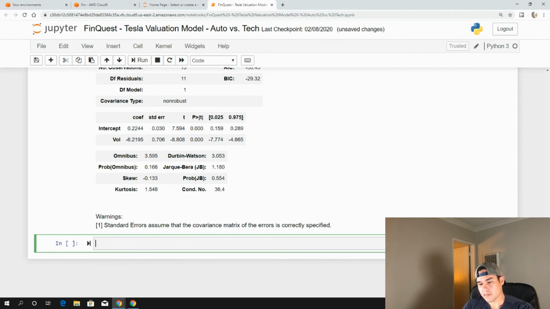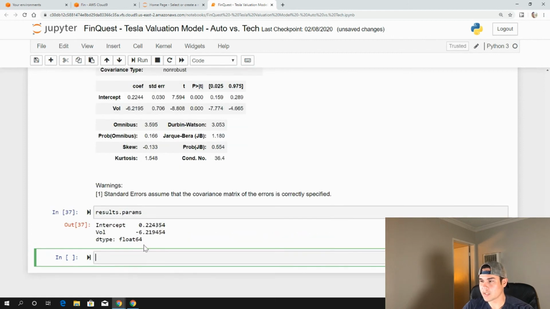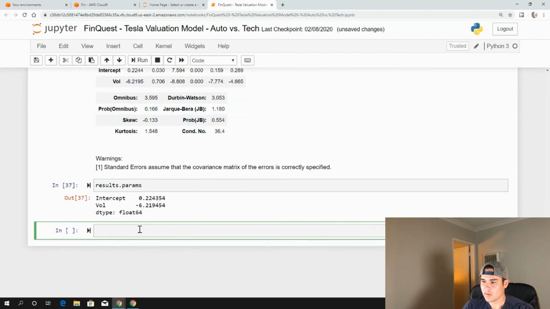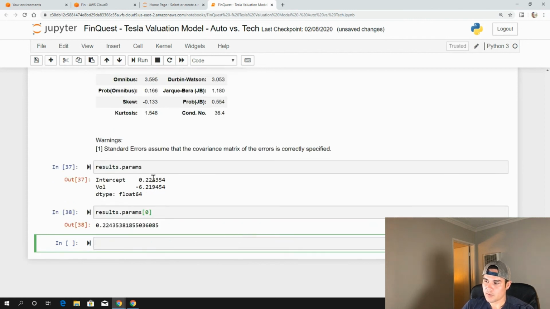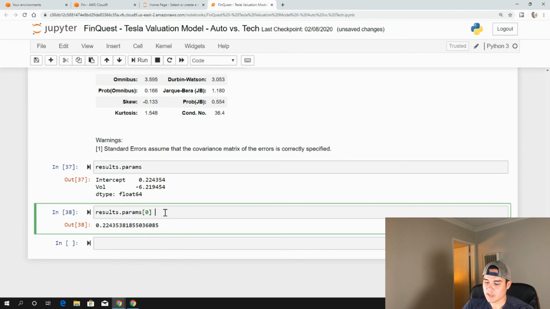So given that, we can just look at our results.params. That's just going to take our coefficients out of here. And we're just going to build out our simple cross-sectional regression model. So remember, you learned this in the 5th grade. It's just results.params, and that's going to be 0.22. That's going to be our intercept. We're going to add that to our results.params, that's going to be our beta, and we're going to multiply that by